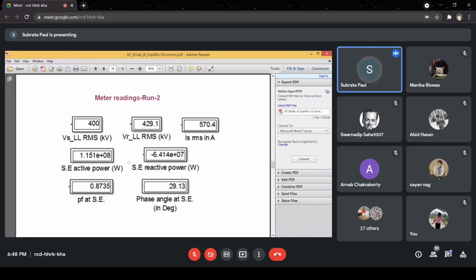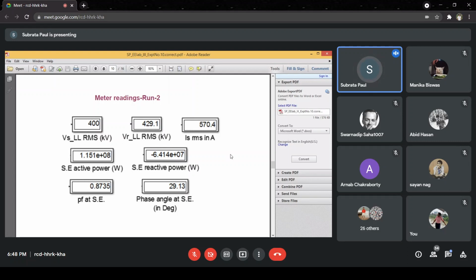The same thing is happening here. The sending end is delivering negative VAR. Actually, the sending end is delivering capacitive VAR, or the sending end is absorbing inductive VAR, absorbing positive VAR. The sending end is delivering negative VAR. Why? When the line is loaded by less than SIL,